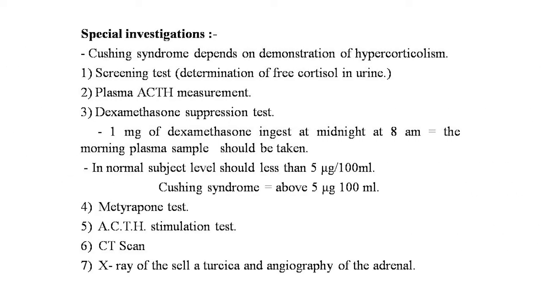Special investigations for Cushing syndrome depend on the demonstration of hypercortisolism. The screening tests are determination of free cortisol in the urine, plasma ACTH measurement, and the dexamethasone suppression test: 1 milligram of dexamethasone is ingested at midnight, and at 8 am the morning plasma sample should be taken. In a normal subject the level should be less than 5 micrograms per 100 ml, and in Cushing syndrome it is above 5 micrograms per 100 ml. Other tests are the metyrapone test, ACTH stimulation test, CT scan, X-ray of the sella turcica, or angiography of